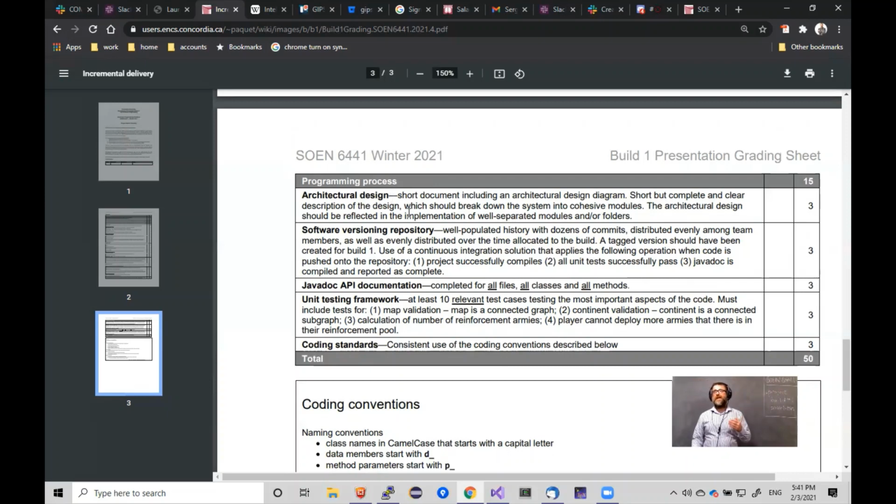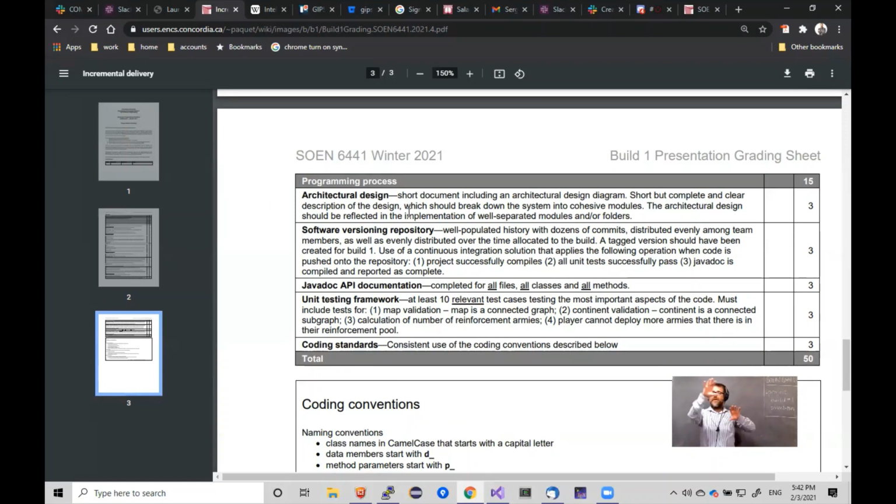Very important that you understand, I'm not expecting a large document. I would say one page for a diagram, an architectural design diagram, and then another page with a short text description of every module in your implementation. The mistake that some students or teams make is to say, oh, he's asking for a design diagram, and then provide a very detailed design diagram. No. An architectural design diagram shows